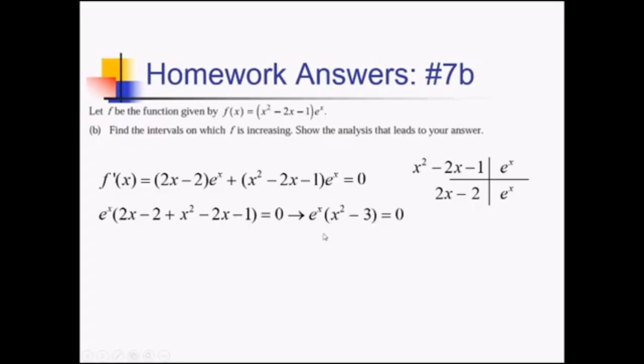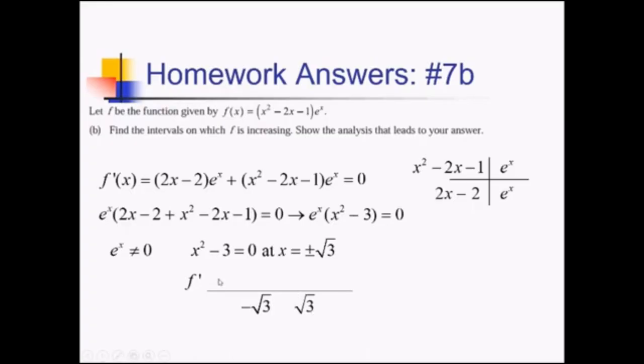Now solving this, I know e to the x is an exponential function. It can never equal 0, so I don't have to consider that. X squared minus 3 can equal 0, though. If I add 3 and square root both sides, I have plus or minus root 3 as my two critical values. So I'm going to put those on a number line, which I'm going to label as an f prime number line here. So we have negative radical 3, positive radical 3, and I'm going to do a little sign